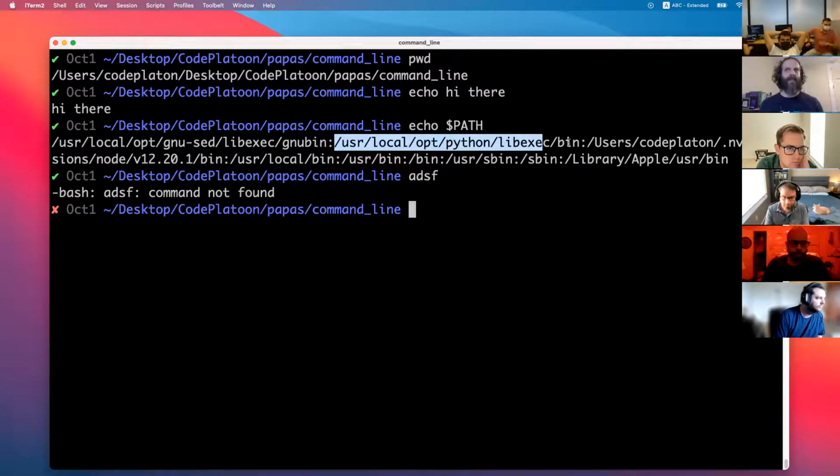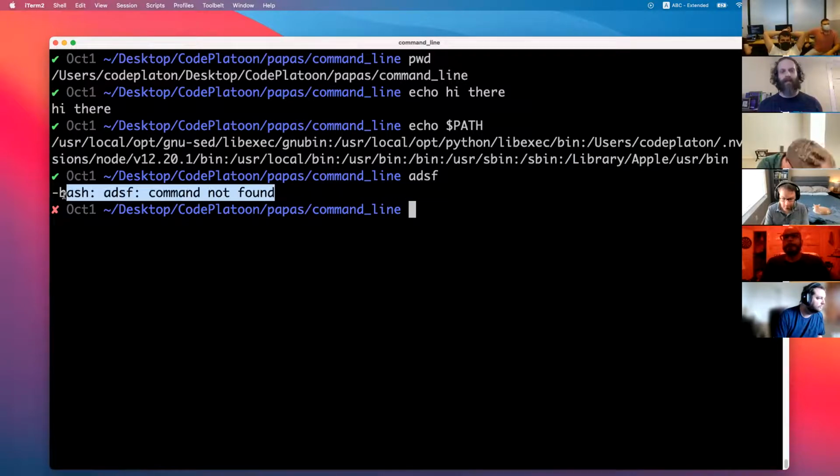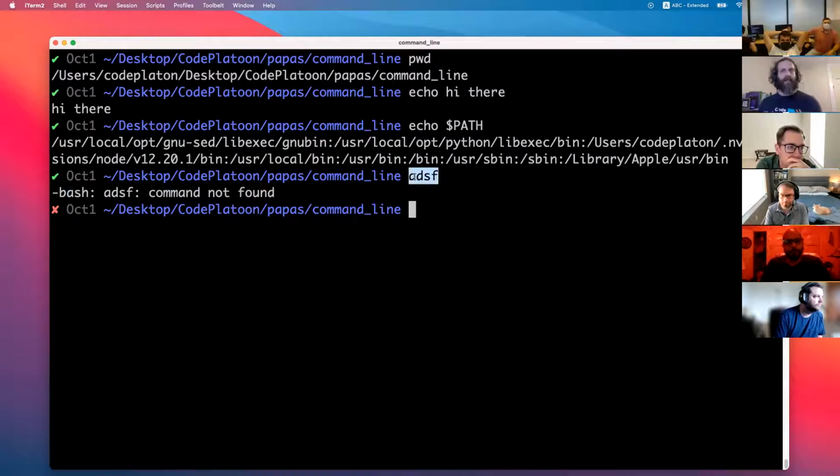So it's going to move on to the next one. It's going to look through everything in this directory and see if there's anything called ADSF, and so on. It's going to get all the way to the very last one, and it's still not found anything. So that's when it's going to throw an error. But it's going to check everything that you have on your path and see if it can get a hit. So that's what the path is.